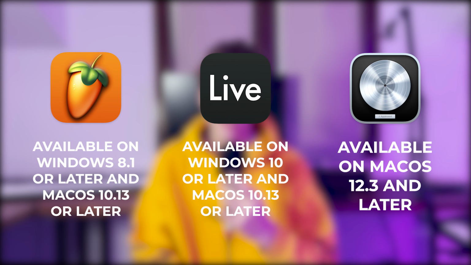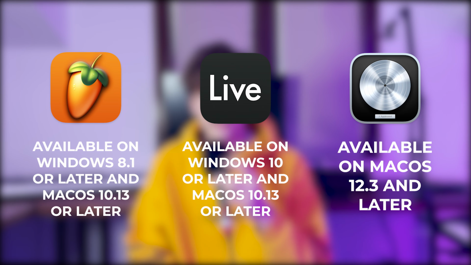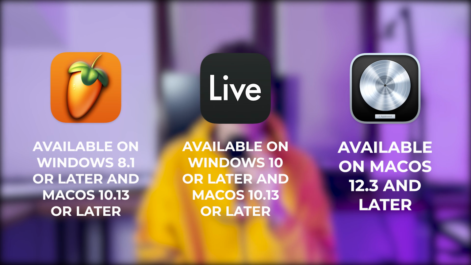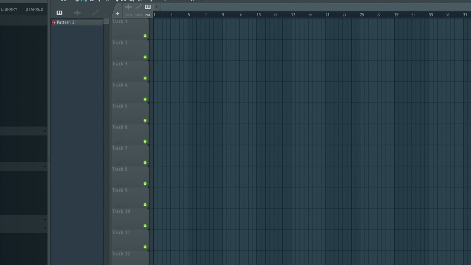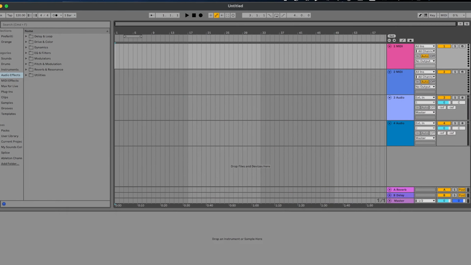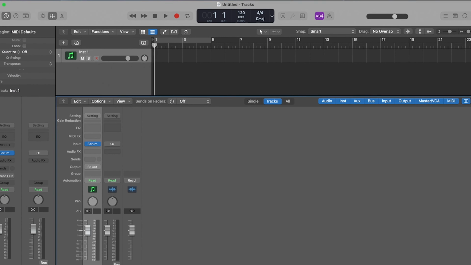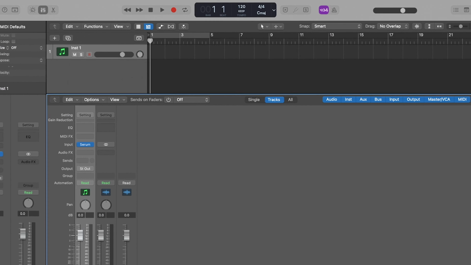Now, as soon as you open the respective DAWs for the first time, after going through setup obviously, this is what it will look like for each one of these. So in FL Studio, you're gonna have the browser on the left with your channels and the playlist on the right taking up most of your screen. And Ableton's gonna look something like this, with this greyish color. And finally Logic, which is the sleekest one of the bunch, and I like this design the most. It looks just professional, Apple.